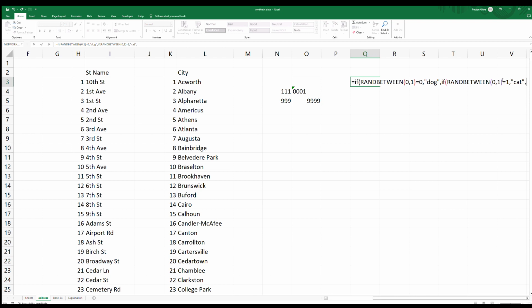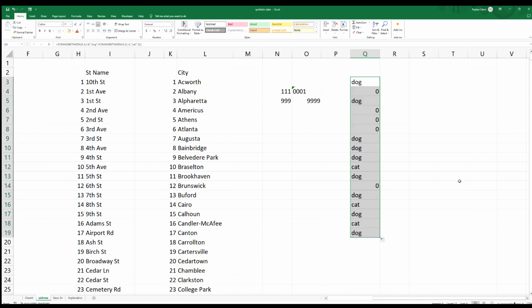Otherwise, it's going to pick one or the other. We can just put in 0, close the paren, and it says cat. So cat, dog, cat, dog, cat, dog, and then nothing. So if it's between 1 and 0, we could play with the number of decimal points in there. If it's a fraction or a decimal, that's still fine. It gives you, that's probably a realistic